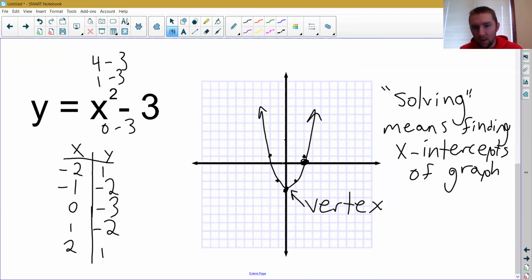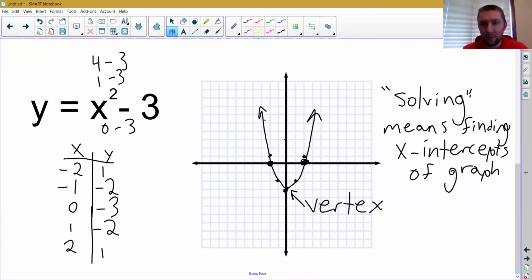So like this one and this one. Okay, and what I want you to notice is that this particular graph has two different x-intercepts. There are two values of x where the graph crosses that x-axis, right? Two different x-intercepts means the solutions, when we solve or find the solutions, we'll actually be finding two different solutions,